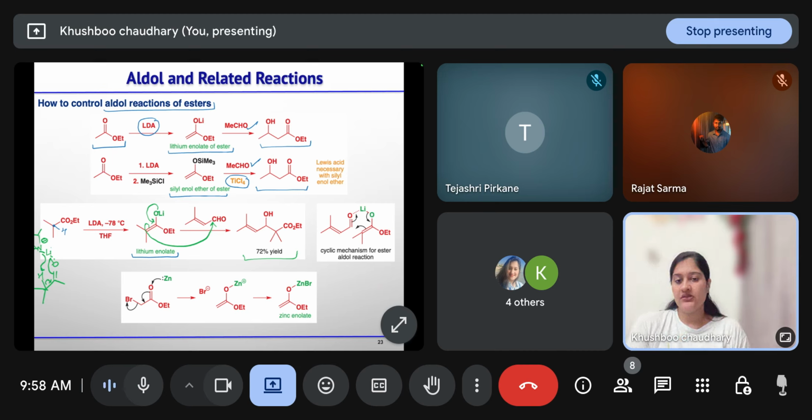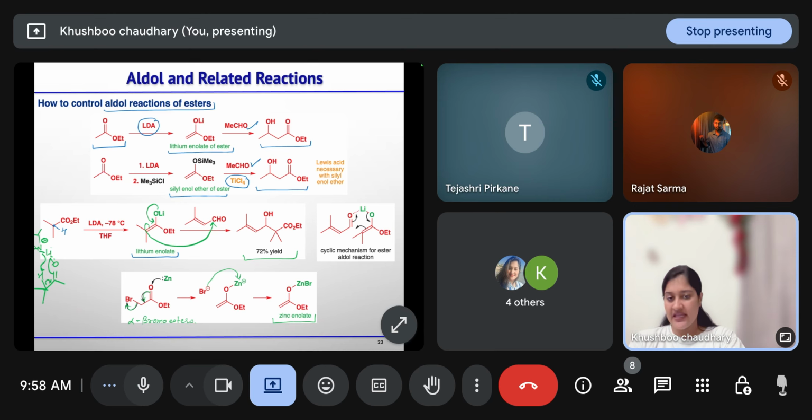Now one such reaction that we can use instead of these lithium enolates is the Reformatsky reaction, where we have alpha bromo esters, and we are treating it with zinc. So zinc will give electrons to the oxygen, and this bond will shift here and the leaving group that is present will leave. So here zinc enolate will form. When zinc positive was there, Br negative will attack, and this zinc enolate will form first.